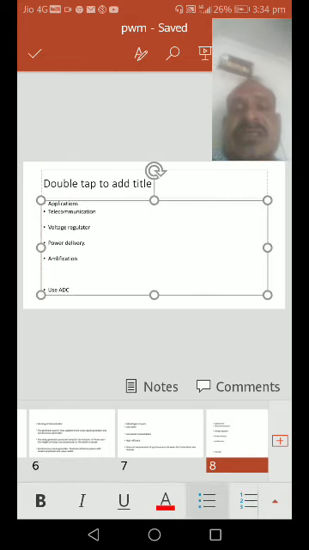Next application: this can be used for a voltage regulator. A voltage regulator can be constructed using this, and in a regulator we use a constant voltage. We maintain a constant supply voltage to run the device using this pulse width modulation, which gives the voltage regulator.